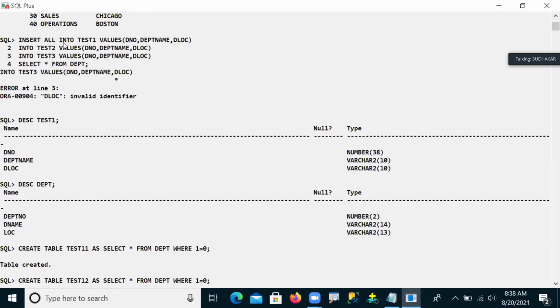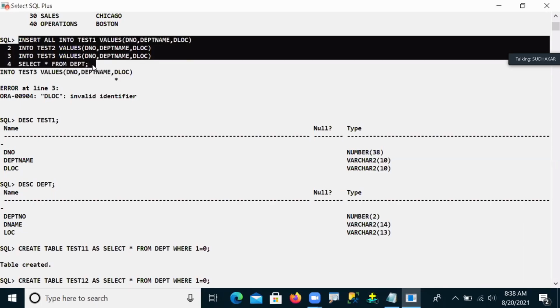Here our query, insert all into test 1. There is no change here. The query is also the same here, also a correct query. I think we are not missing anything here. Yes or no, guys? As we written, is anything missing? Any spelling mistake here?